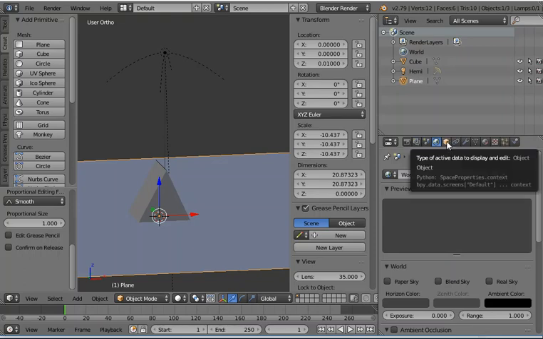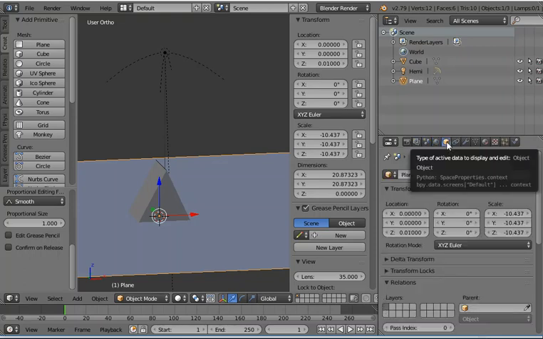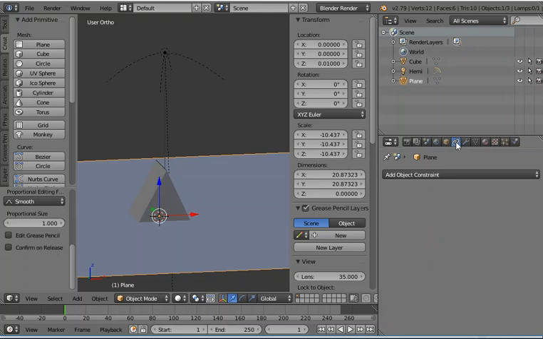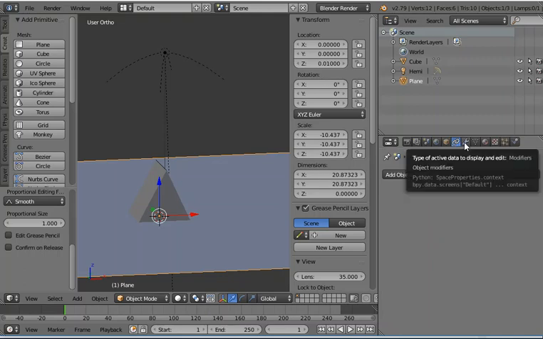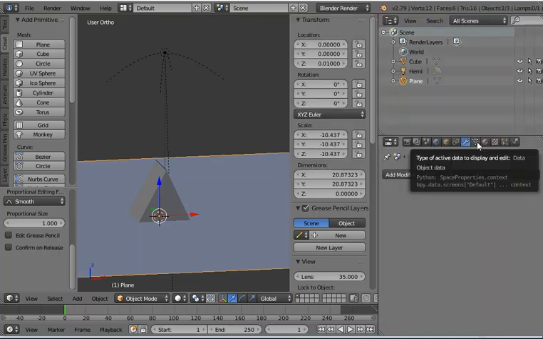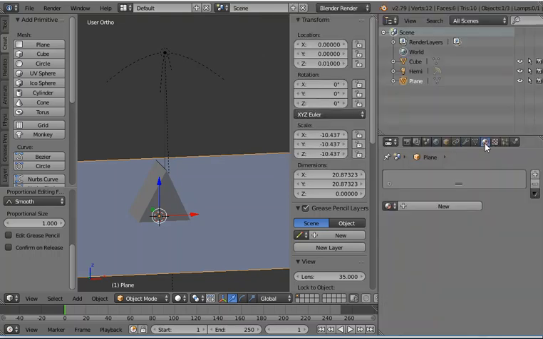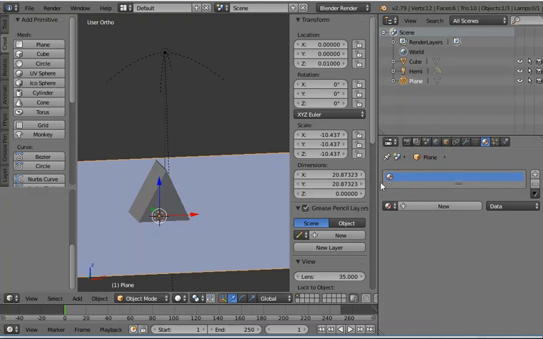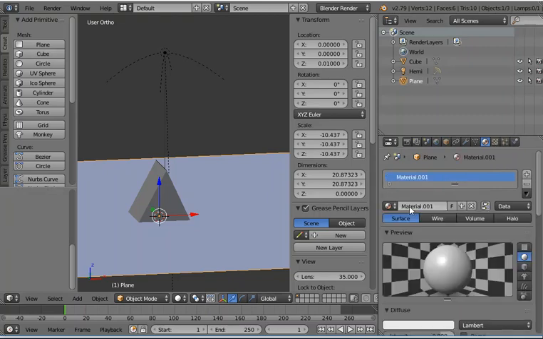What else was there? Object? No. Object constraints, modifiers. Oh, modifiers are pretty cool though. Take a look at those. Have fun with those sometime. Data? No. Well, it's material. Might seem so obvious. So you're just going to click the plus, and then you're going to go new, and